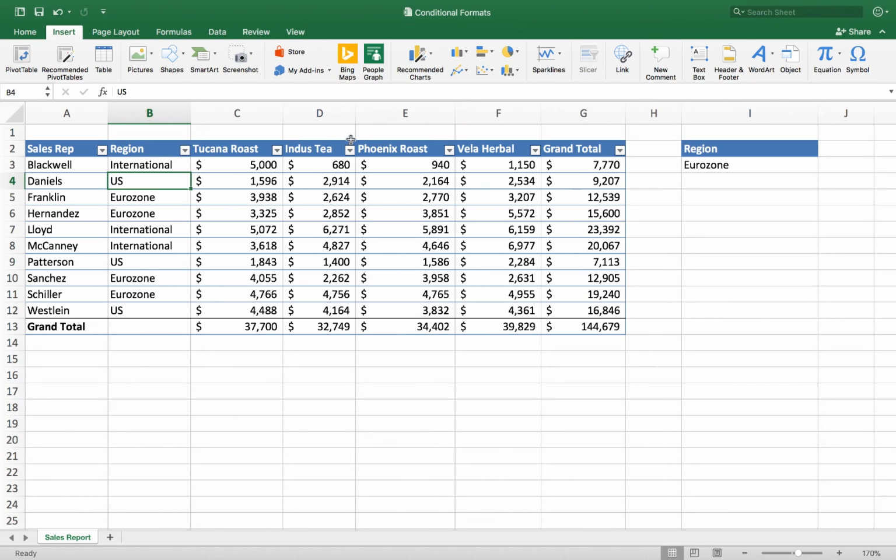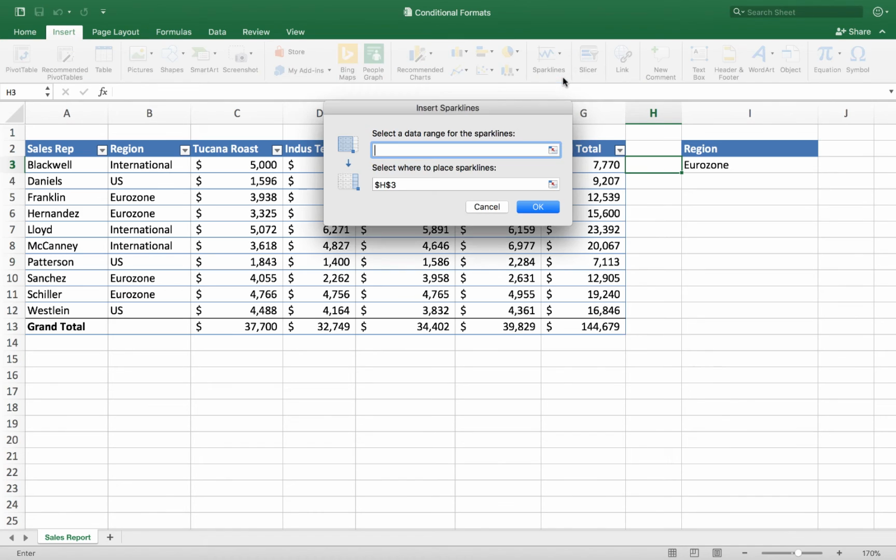So instead of creating a chart somewhere else in the spreadsheet, I'm going to click over in column H, just to the right of my numbers here for the first guy. From here I'm going to go to the Insert tab, and over to the right there's this cool feature called Sparklines. I'm going to click on Sparklines, and I get some different options on the different kinds of sparklines. I'm going to start out with just a line. So I click on line, and that opens up this Insert Sparkline dialog box.